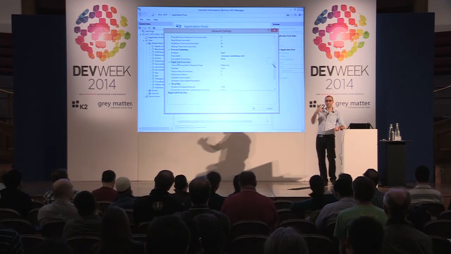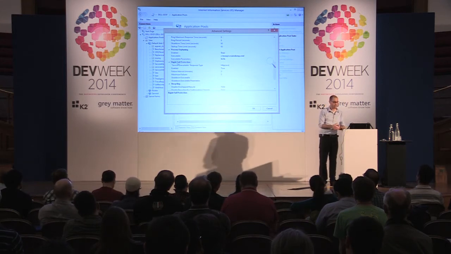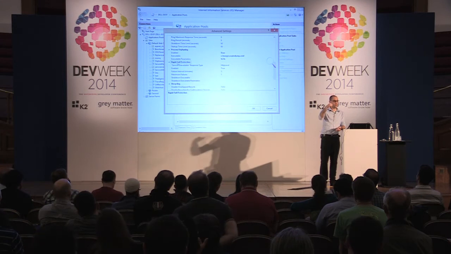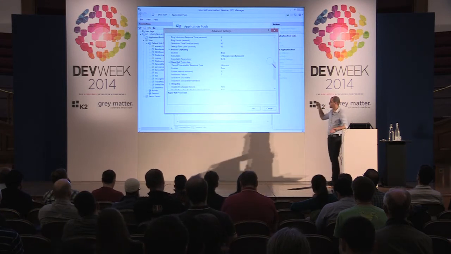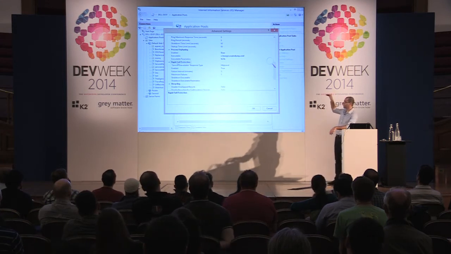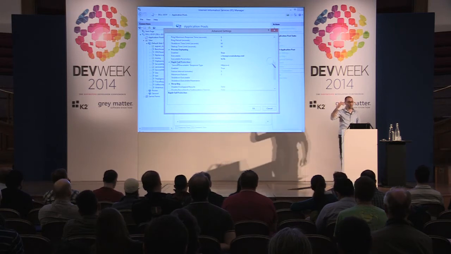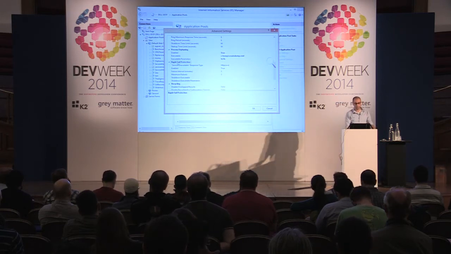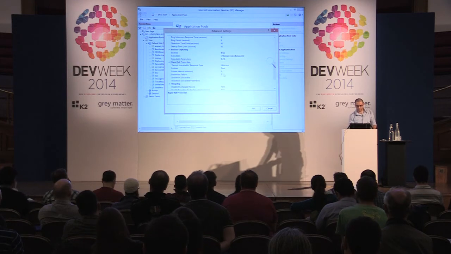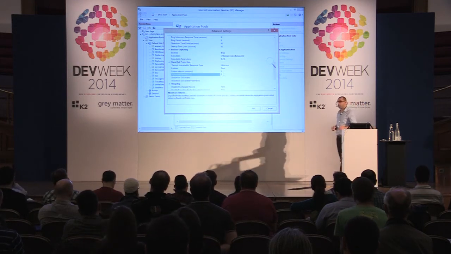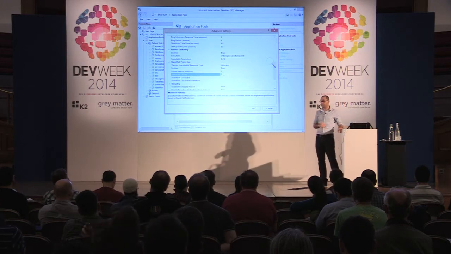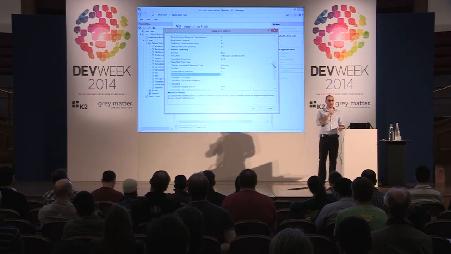If your worker process keeps on crashing again and again, IIS will actually notice that. It checks how many times the worker process has crashed over a period of time. So this here is set by default for 5 crashes during 5 minutes. So if there are more than 5 crashes in a period of 5 minutes, IIS will shut down the worker